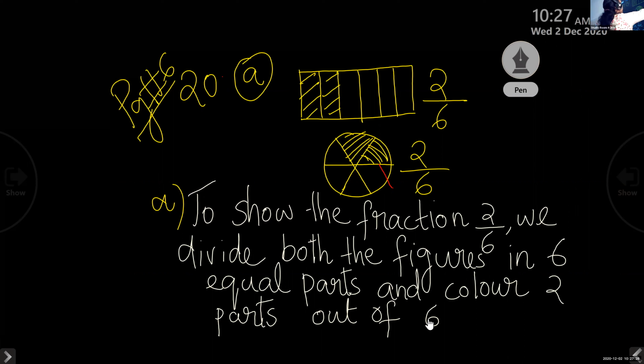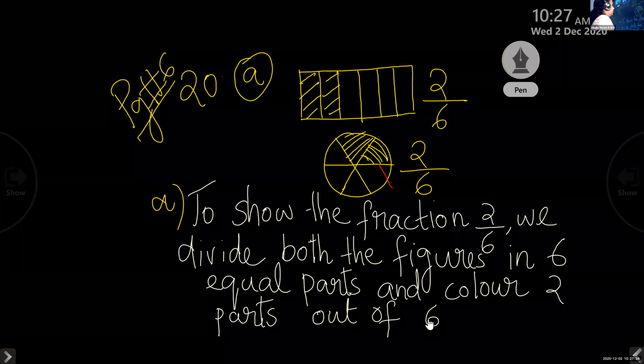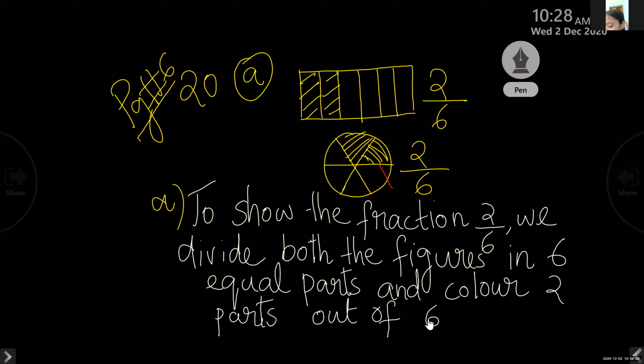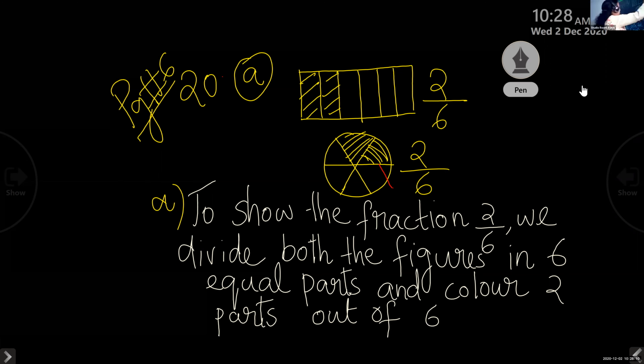Okay, Ameya, we are going to do now question number B. Can you read question number B? Ameya. Sunita grew 2 by 8 inches in January and 1 by 4 of an inch in February. Did her height increase equally in 2 months?